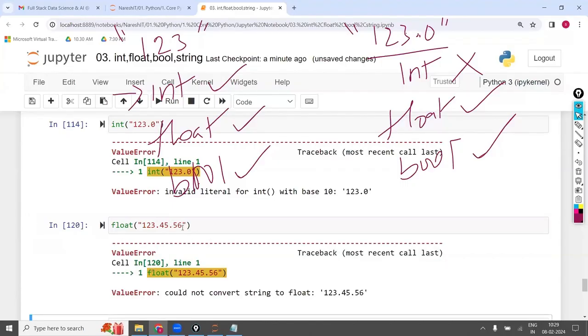Why? Because it is not considered as a value. Who is going to say this one as a value? You are going to say it as 123 point 45, 0.56. Anyone in the class will say that.